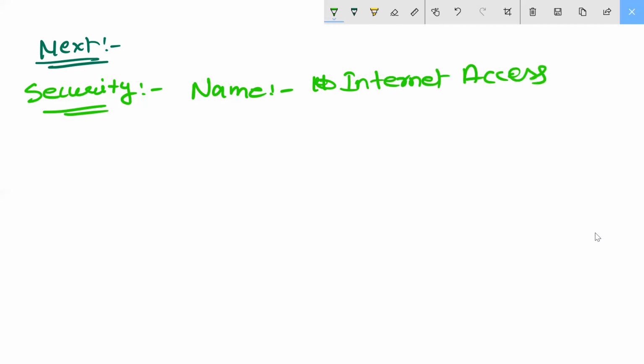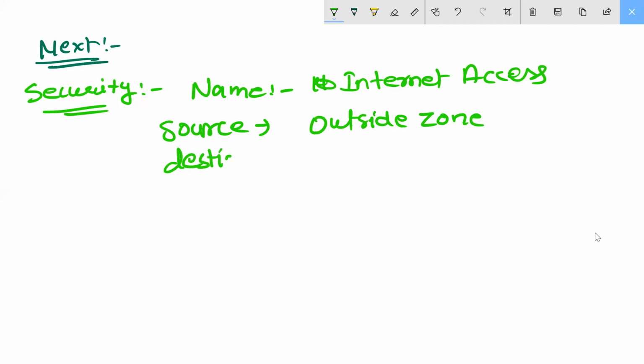Source is mine, outside zone. Destination is mine, inside. Destination is my inside. Then on the right side you will find destination address.